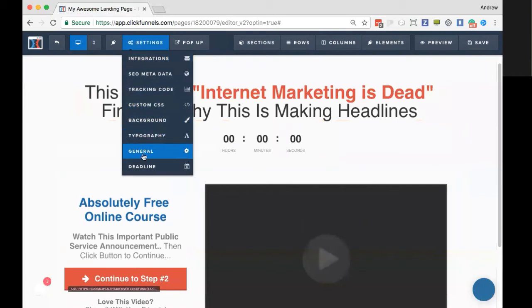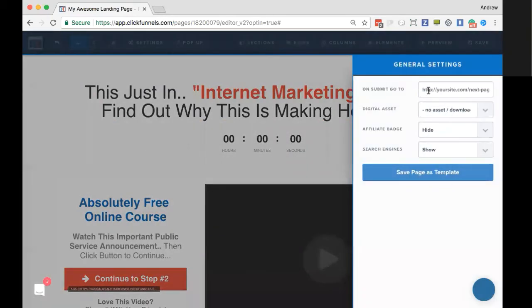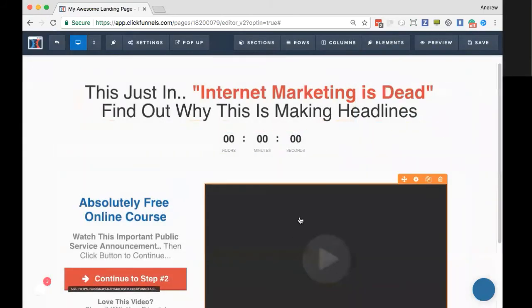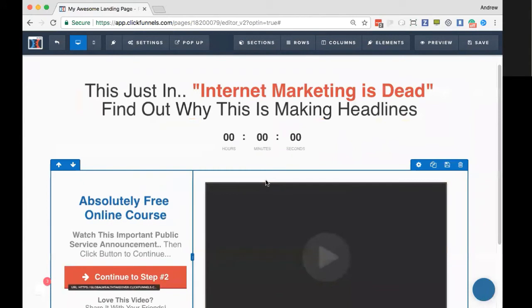That's another option that you have. You can also do it here under your general by simply redirecting them on the submission. So when they submit the registration, that will redirect them to another page, and you just simply place the URL there on the page that you want them to go to once they've submitted any information. It is on this particular page. That's how that will trigger there. There's probably an infinite number of ways that you could do this as well. These are just a couple right off the top of my head.